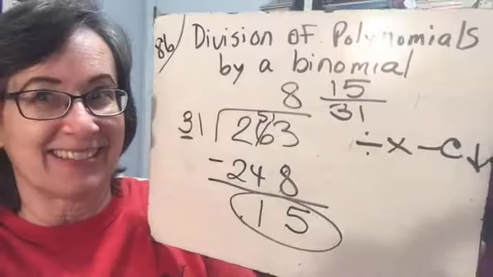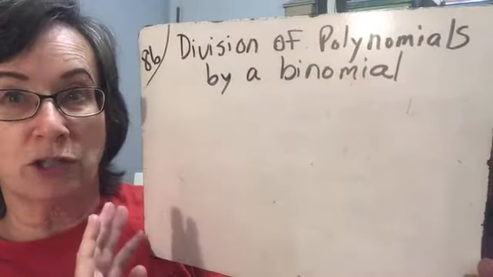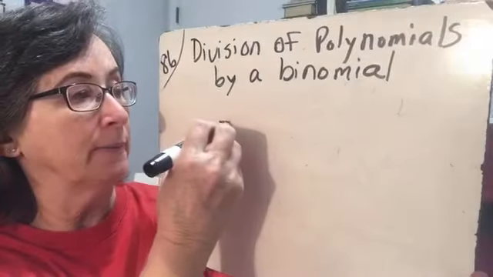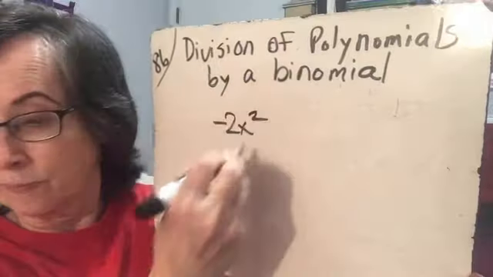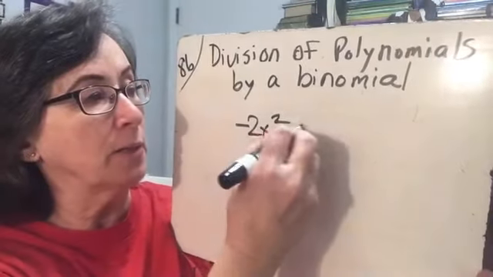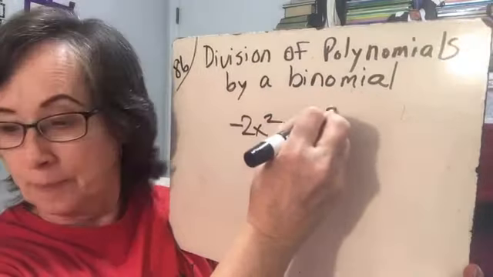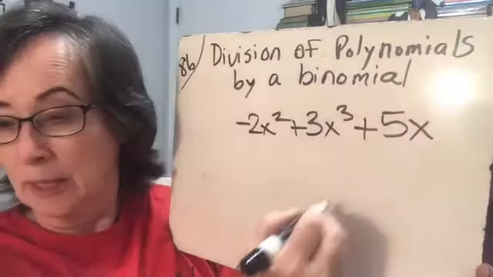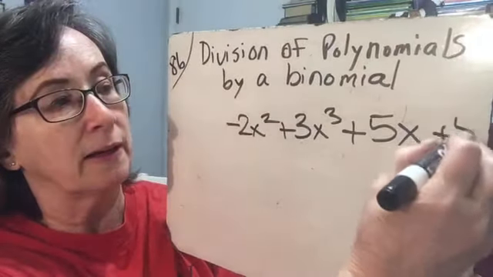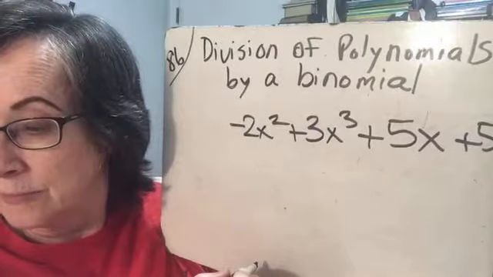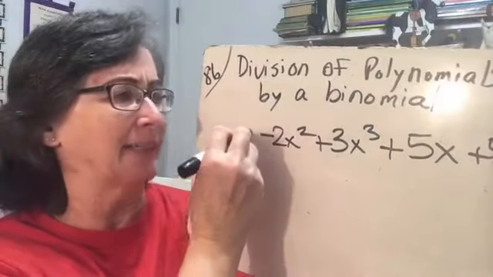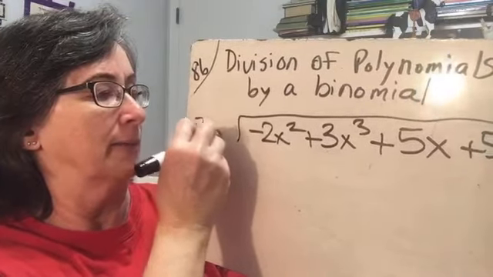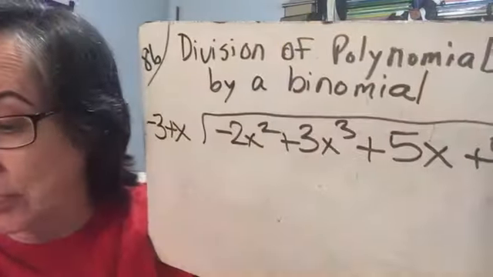polynomial division. Okay, so we're going to start off with negative 2x squared plus 3x cubed plus 5x plus 50 divided by negative 3 plus x. Now, I am not sure why they started out with this, but it is a good illustration of our very